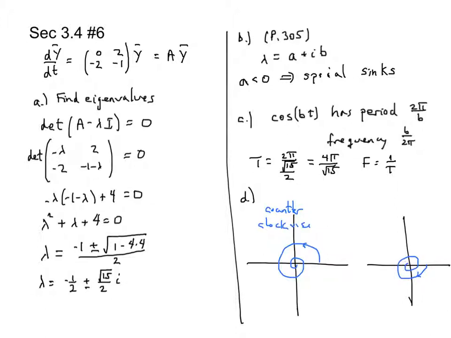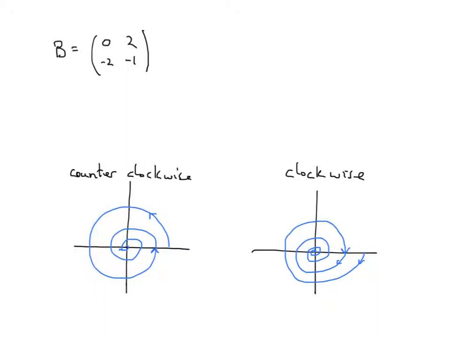Okay? How do we decide? Well, it all comes down, and it's a very easy question to answer, by looking at the coefficient matrix, because this is the matrix that determines the vector field. And so maybe I'm going to go to the next slide. The easiest way to answer the question, and it is a very easy question to answer if we have clockwise or counterclockwise rotation, is to ask the question,